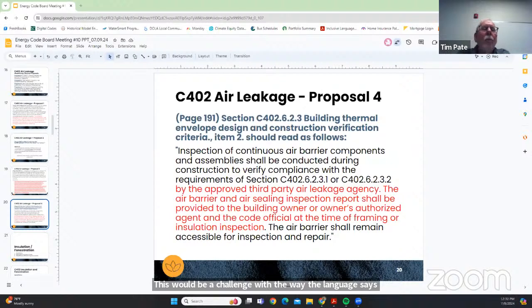It sounds like that testing agency would have to be out doing some kind of partial air barrier test on, say, a quarter of the building or a floor plate, and then keep coming back, and it's going to increase the cost. No doubt, the point of trying to be in early makes sense, but I think this would be quite onerous. I wish I had some developers or builders. I know Andrew's on there from single family, but on multifamily, I don't see that's workable language.